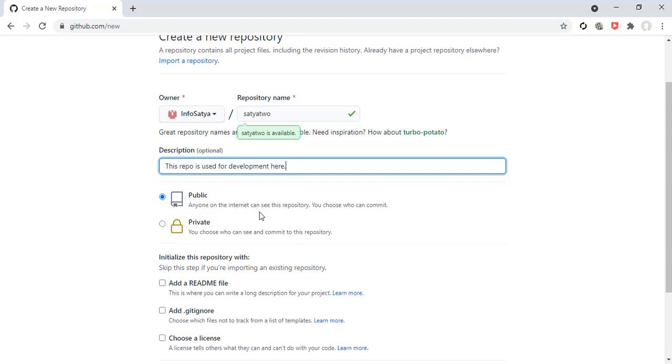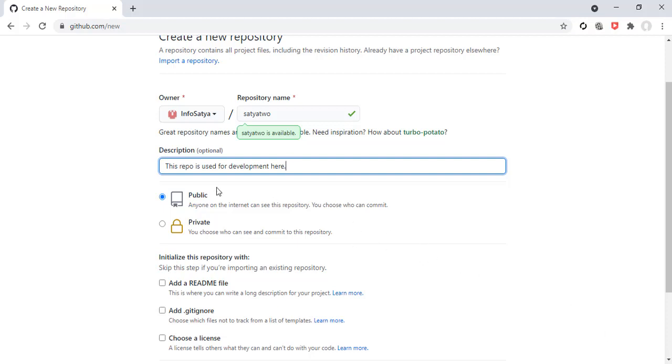Next there is the type of repository, whether public or private. If you select the repository as public, anyone can see your repository on the internet, but you will give them permission to commit, that is, to modify files or change the content of files. If you select private, then the user cannot see or commit. For both seeing and committing, you need to give permission to this repository, as well as to the user who can see and commit this repository.